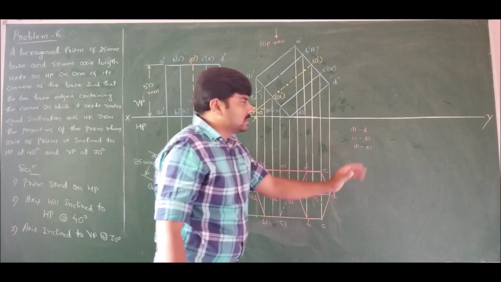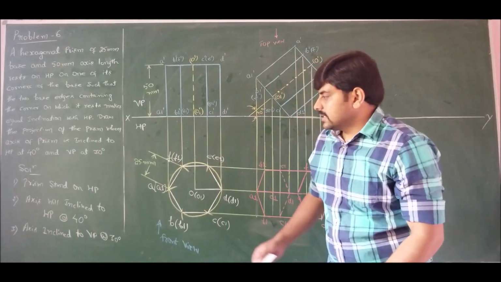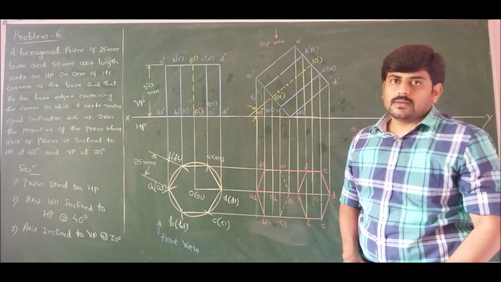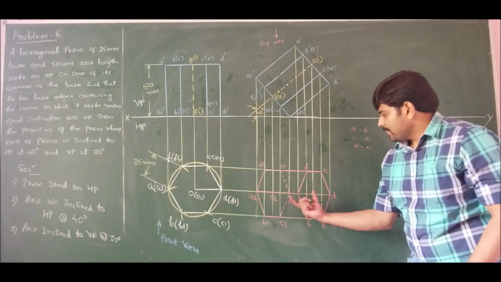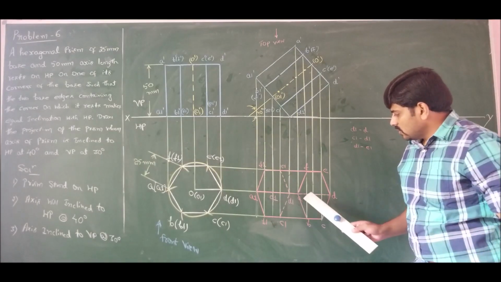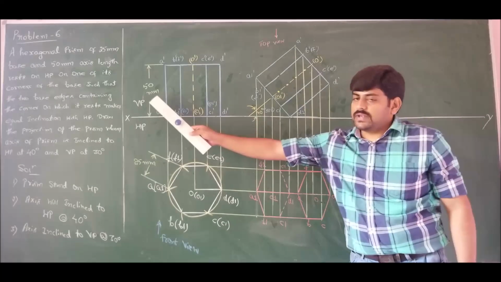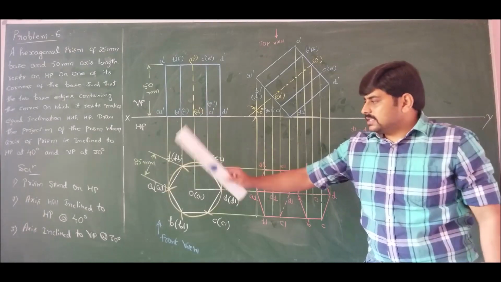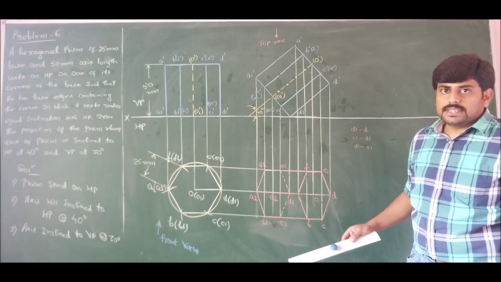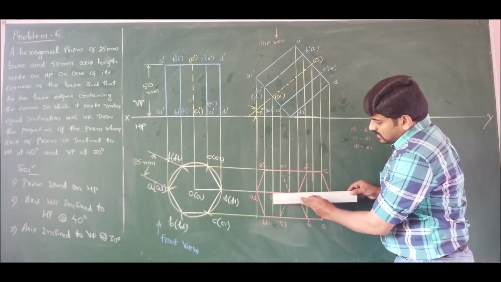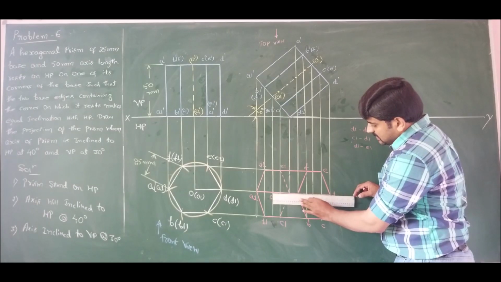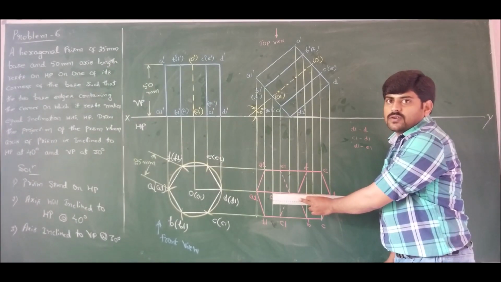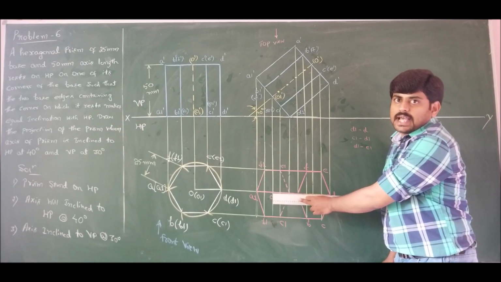Now moving on to our third position, it states that the axis is inclined to VP at 30 degree, which is a true inclination. But if you measure the axis length O1 to O, it is less than 50 mm, which is a true length. Therefore, for 50 mm, the inclination is 30 degree. Then for this apparent dimension, how much the inclination is, is the question I should find out, which is nothing but the beta angle for this problem. Let us find out the beta angle.